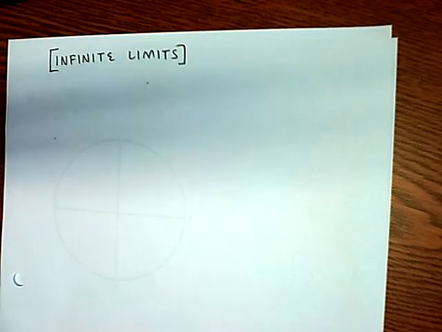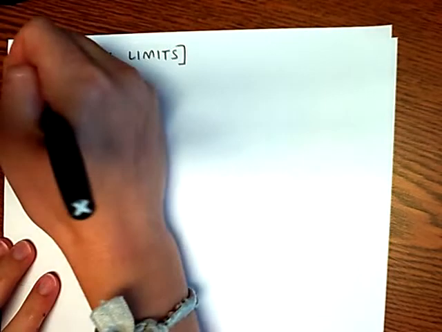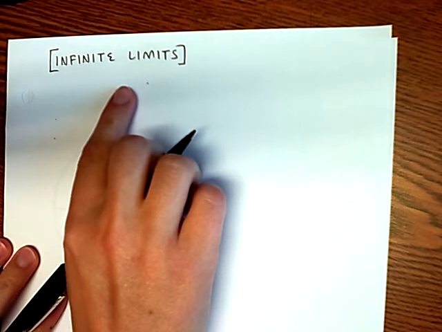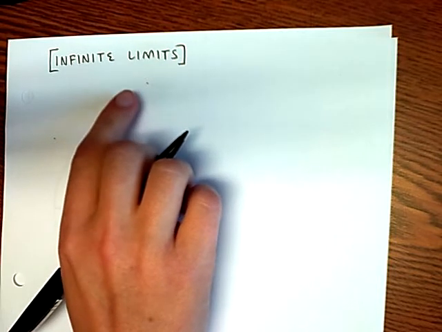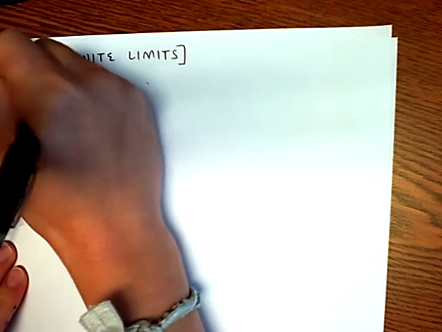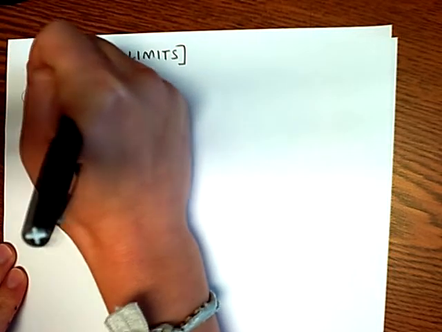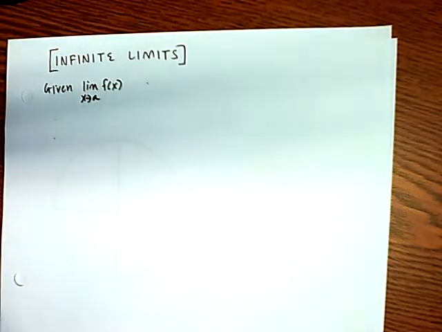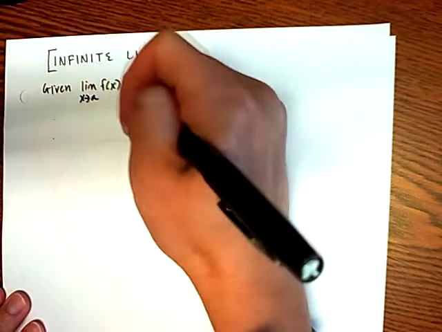Hi, calculus students. These notes are on infinite limits. So the basic idea here is that we're looking at when there are asymptotes in the graph and how we determine what the limit is. Given the limit as x goes to some x value we're calling a of f of x, our question is what happens